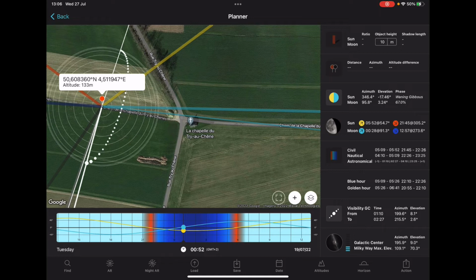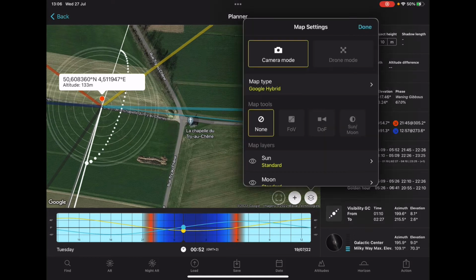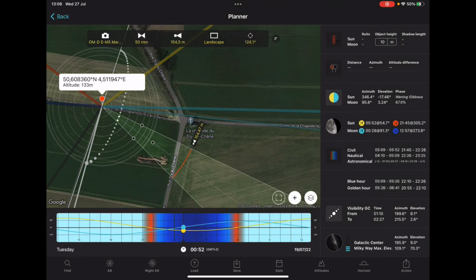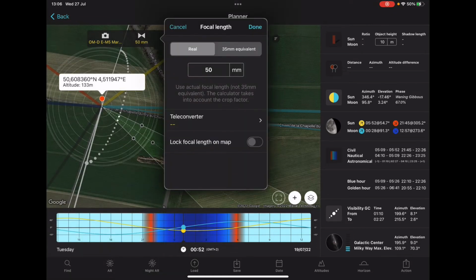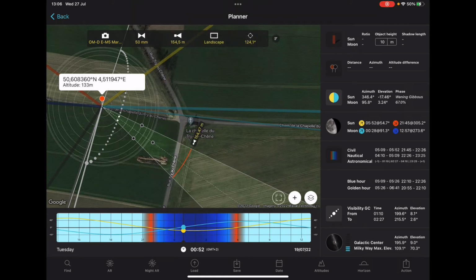Well, I can tap again on the layer. This time go to map tool and select field of view. Done. So I can tap on the camera, choose my camera model. I can tap on the focal length, choose the focal length of my lens. What I want to know is, is 50 millimeter enough to record the